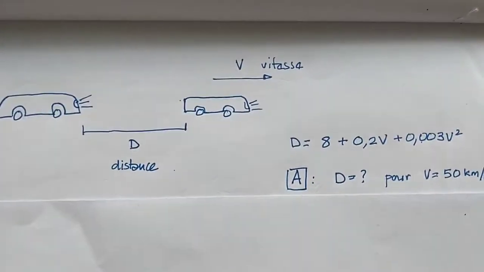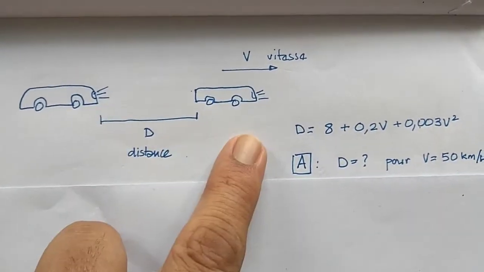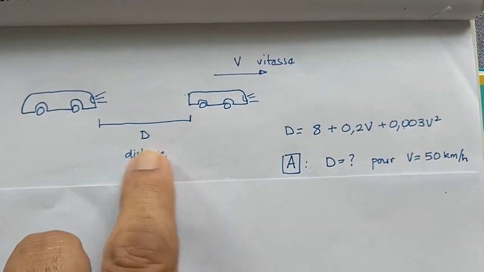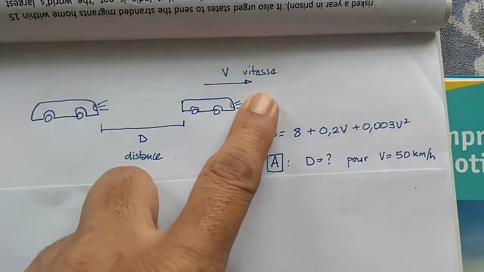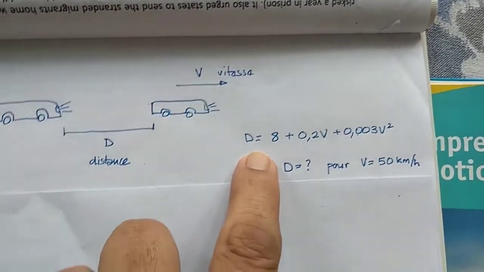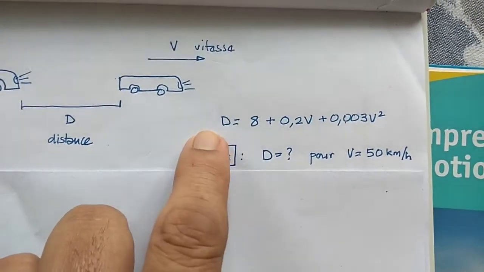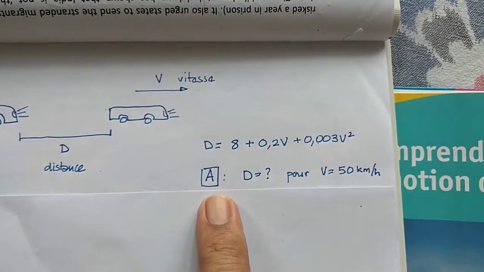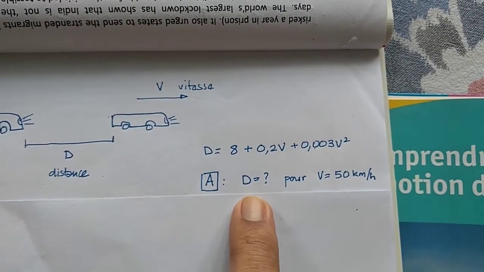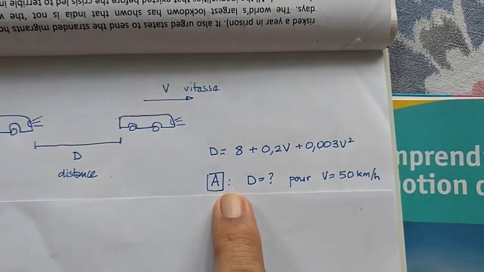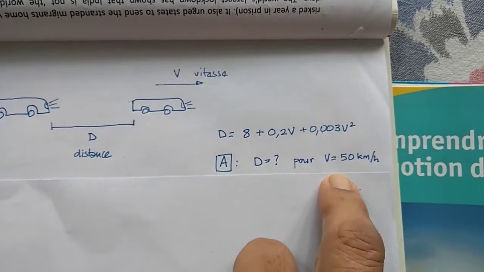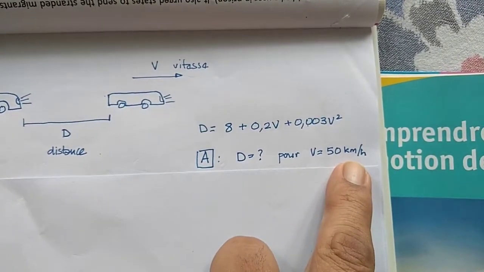So here I've copied it, I've redrawn it. There are two cars. I'll wait a little so you can laugh at Kim Das's drawing of cars. And this is the distance, and they're moving in this direction at the vitesse v. So the equation that links the safe distance to the vitesse is this. So you have to tell me, this is the one question to prove that you watched the video, what is the distance pour v est égal à 50 km per heure?